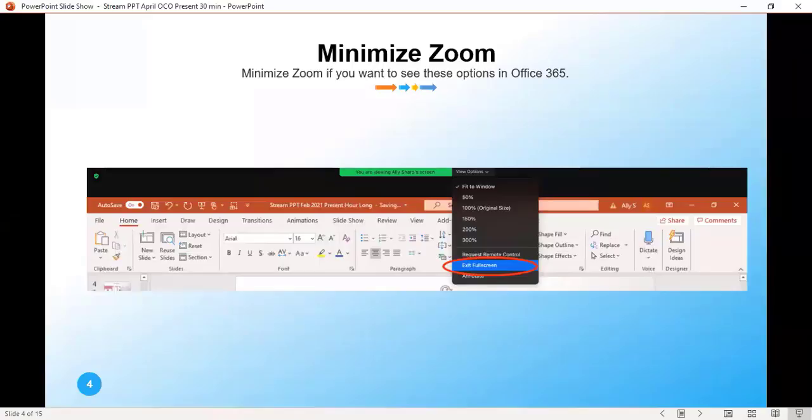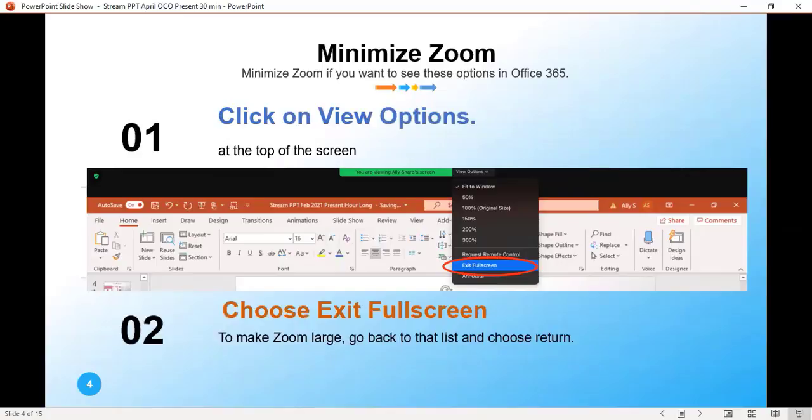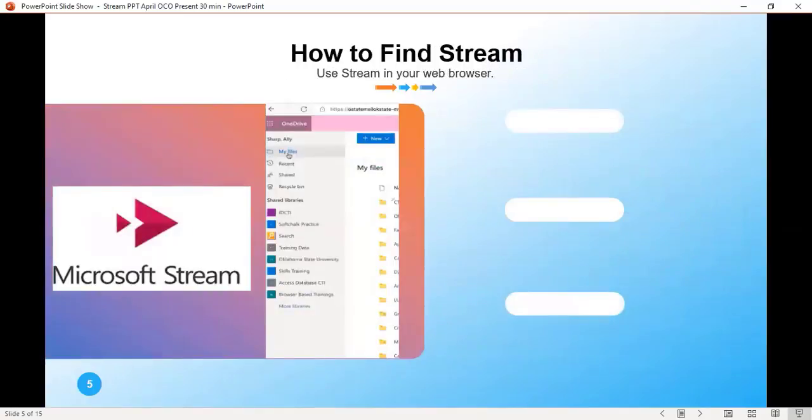If at any time you decide you want to follow along with these options, you just need to minimize your Zoom. And the way that you do that is you go to View Options and choose Exit Full Screen. When I do this as a practice where people interact, it's an hour long. This is compressed to the half hour, which is just like the tour of it. But I want to always share how to do that. So you click on View Options at the top of the screen and then choose Exit Full Screen if you want to follow along and see options in your Office 365. On some of these, I record the video, so it's weird for me to hear my own voice, but you'll get to hear it too.